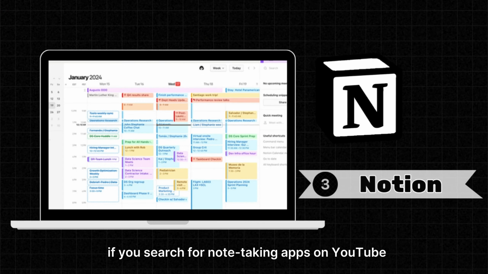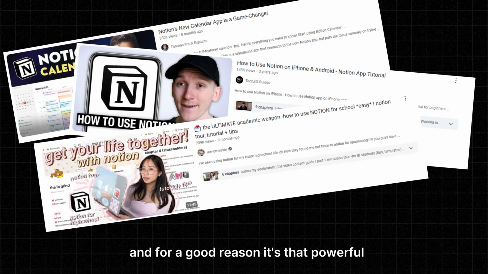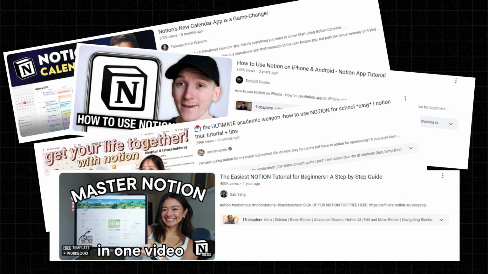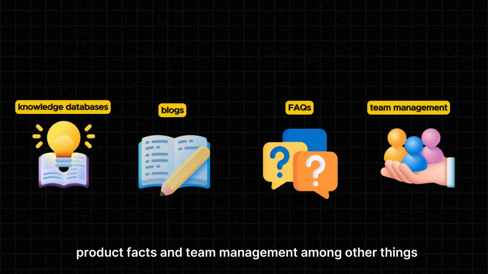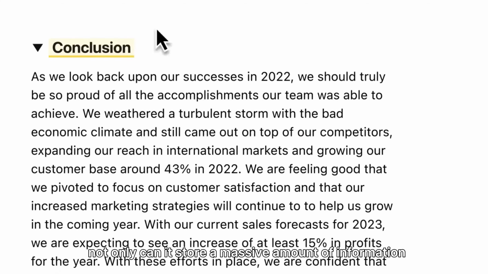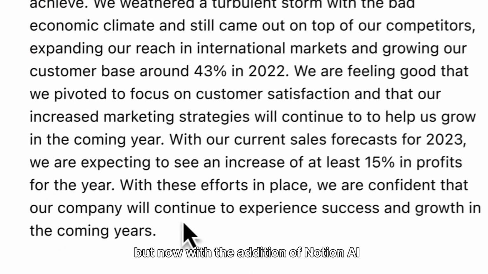The third one is Notion. If you search for note-taking apps on YouTube, almost everyone will introduce Notion, and for a good reason, it's that powerful. It can handle knowledge databases, blogs, product facts, and team management, among other things. Not only can it store a massive amount of information, but now with the addition of Notion AI, it can